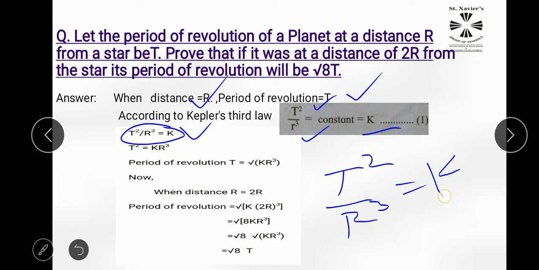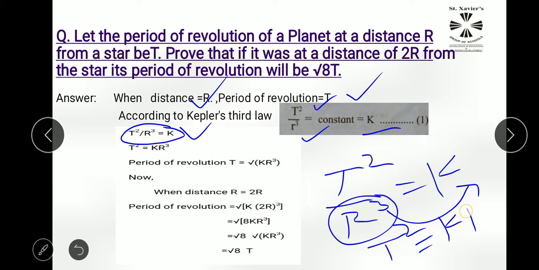So here what I'll do, I'll change the side of R cube. Sorry, I'll not change the side of k, I'll just change the side of R cube only. So we'll get T square is equal to k R cube, students. I'll repeat again here, students. What I'm doing,